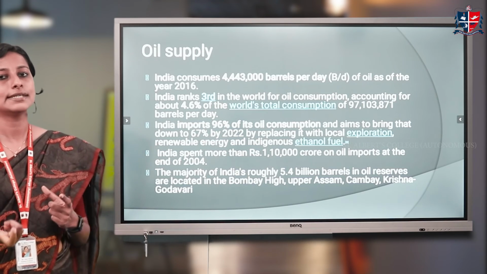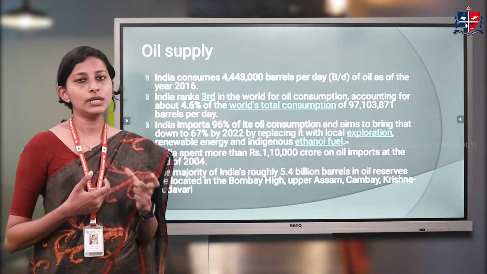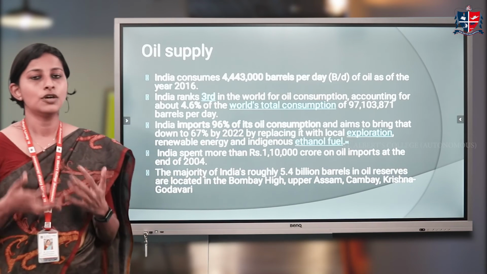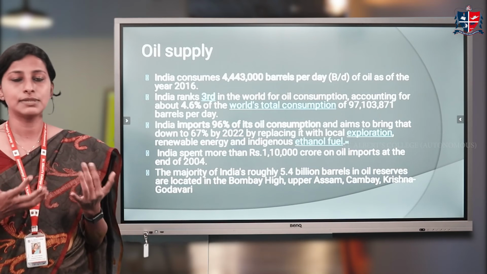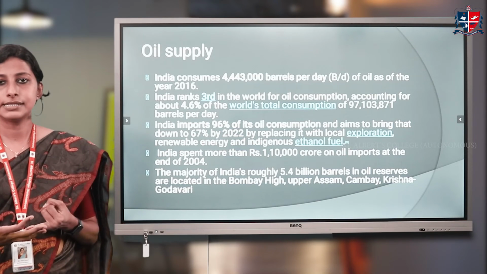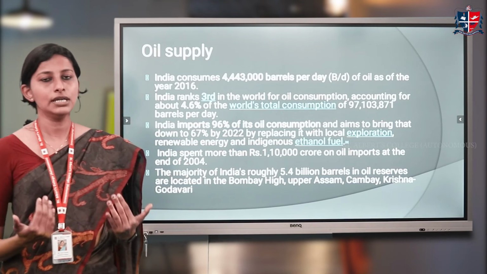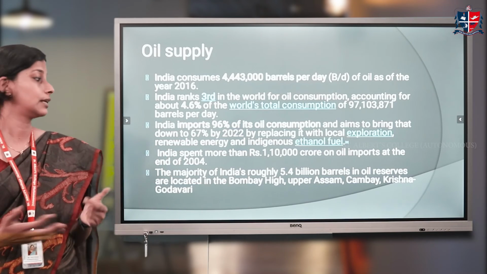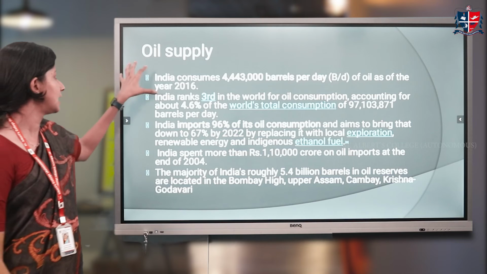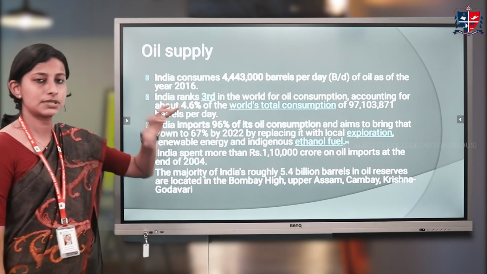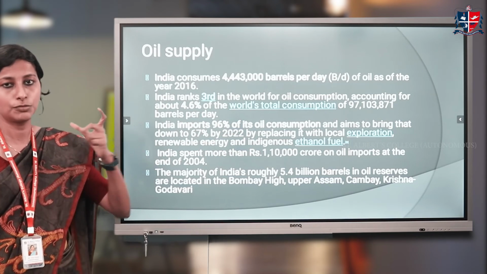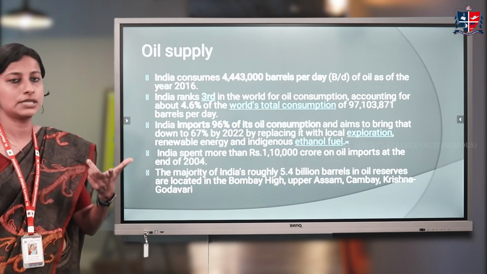One such fuel is the biofuel, which can be extracted from biomass. Examples are bioethanol and biodiesel. Such fuels, which are eco-friendly, can be extracted and utilized more. It doesn't get depleted. We can recreate it again and again. So it's high time, since 90% of our oil comes from outside. We are paying a huge price. It's a commercial product, so we are paying a huge price for that.